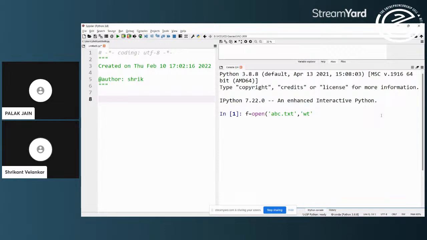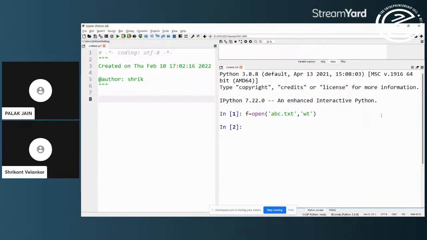But if you want to handle specifically Word, Excel, or any similar type of files, or say PDF files, then there are specific modules like PyPDF, PyExcel, which are available for use as libraries, which will be required to be imported. So here we are in short opening abc.txt file for writing a new file and a text mode file. Okay, so this will open abc.txt as a file for writing, and it is open as